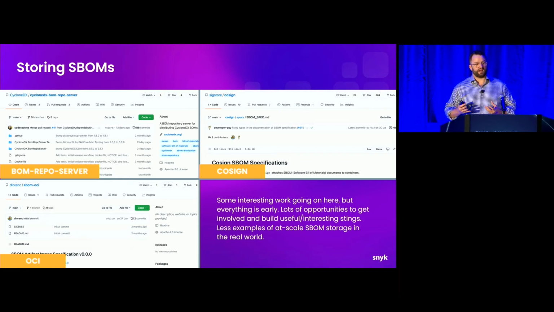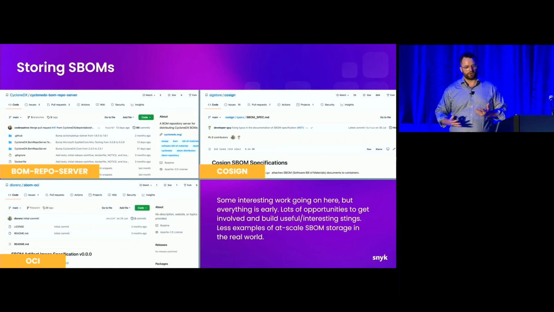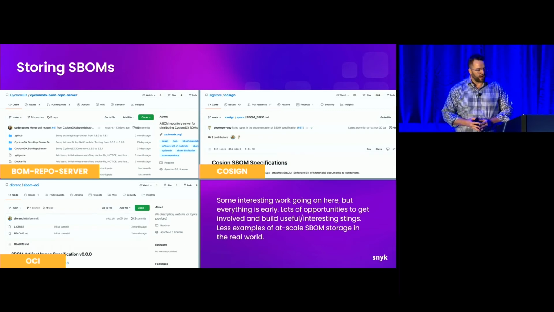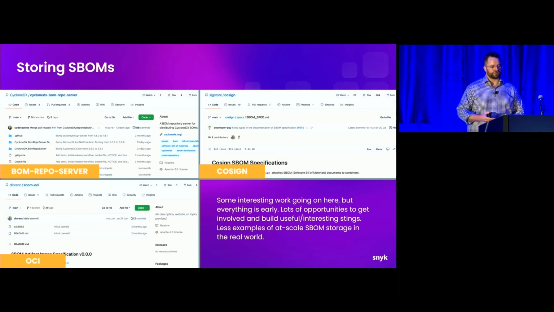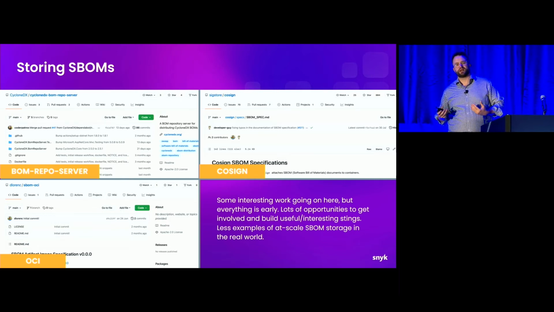Do they get stored separately? So CycloneDX has a project called BOM Repo Server, for example. That's essentially an API web server-based project for accessing SBOMs with kind of basic CRUD level functionality. The OCI is also involved here as well, and there is a project underway to potentially include SBOMs in an